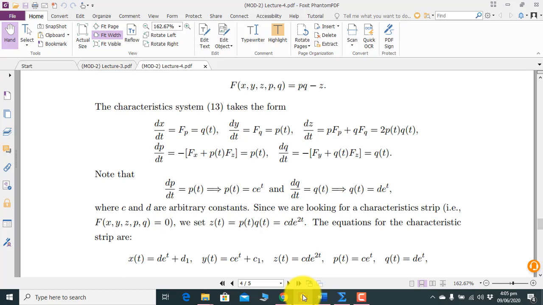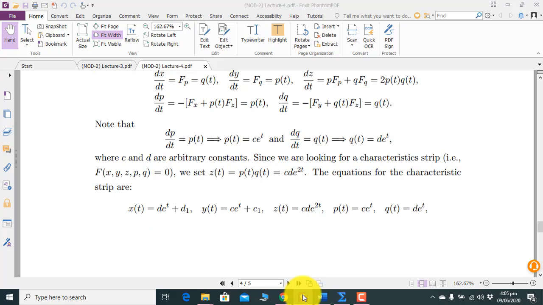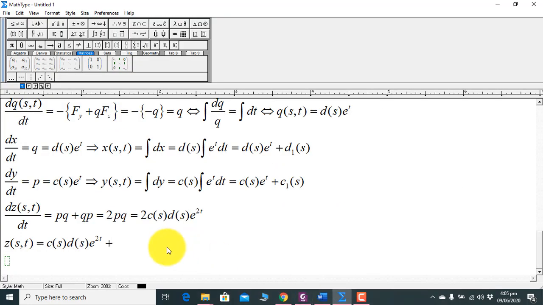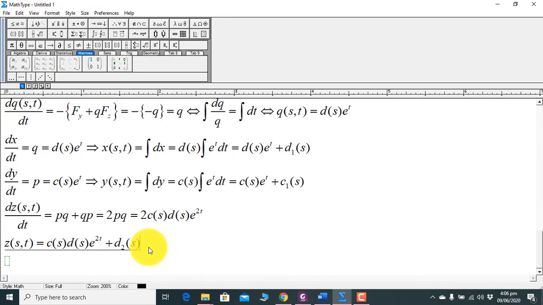I have not named the constant here, but you can name another constant d2 if it is not named earlier. It will be 0 eventually, you will see that d2 is 0, but I have already written there, I have not calculated it, I have shortly written it in the slides. Okay, so everything has been calculated.